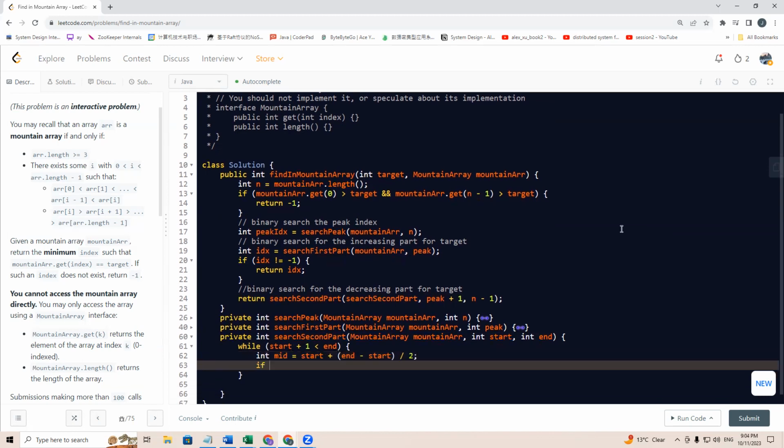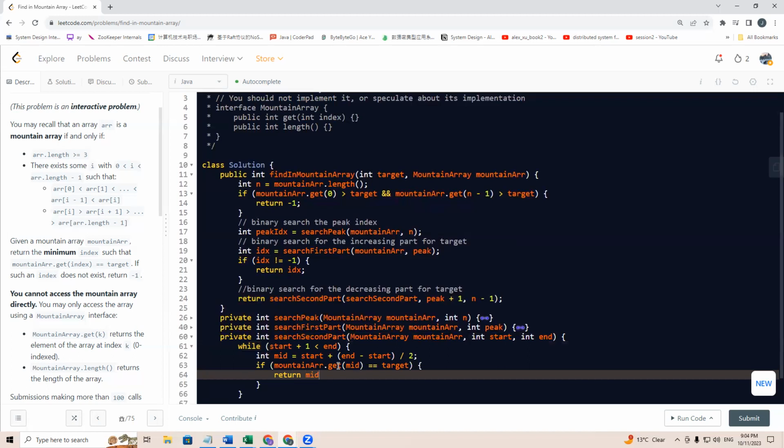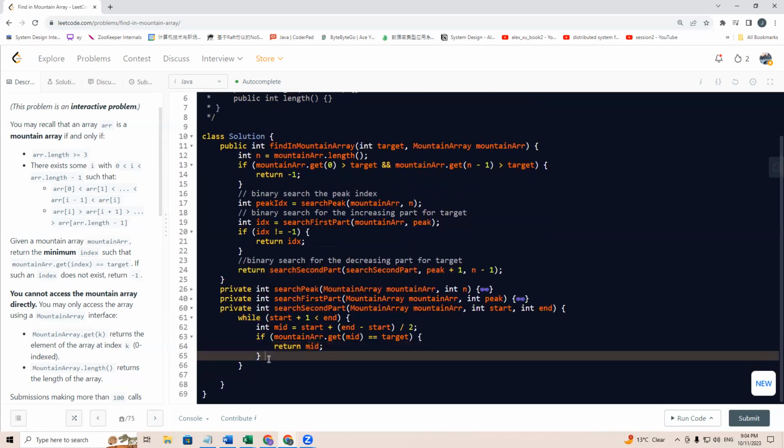So I say if this one get mid equals target, right? So we return mid. Else if this one get mid